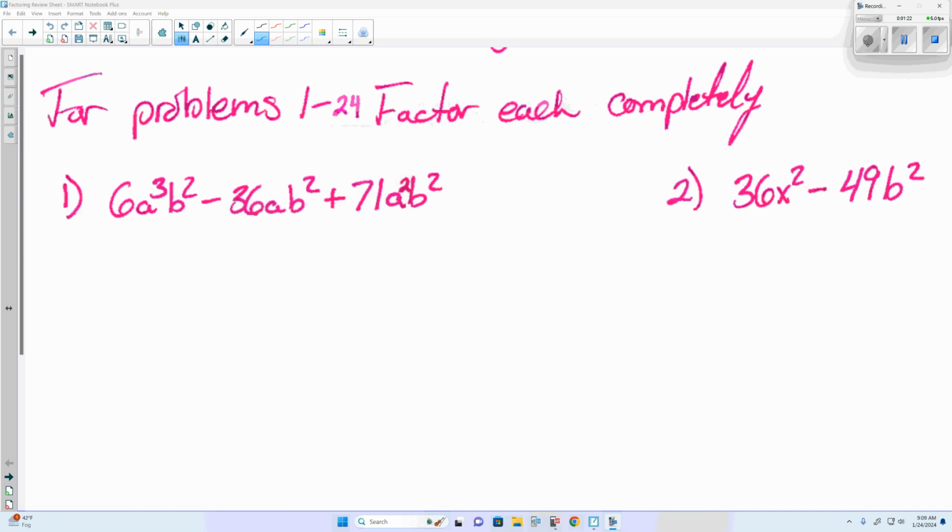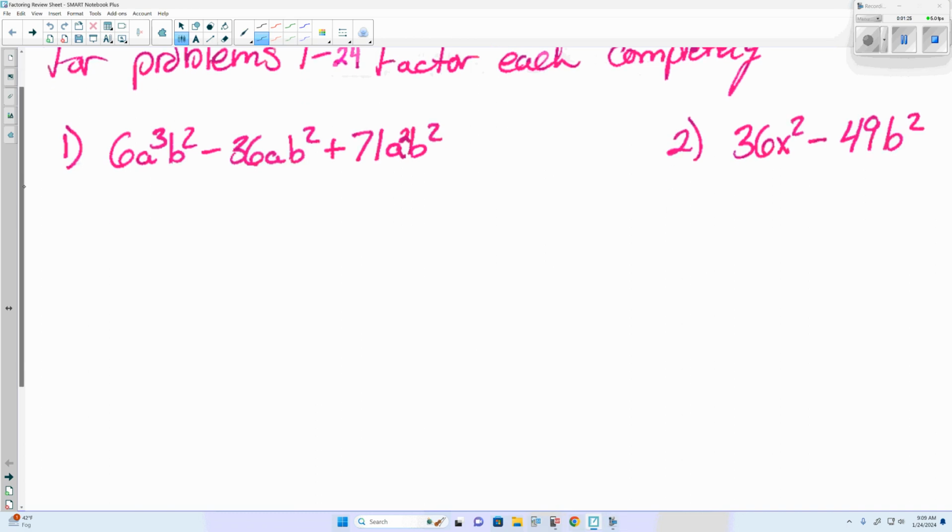Now, the first one I want to look at is number 1. 6a cubed b squared minus 36ab squared plus 71a squared b squared. And again, the first thing on any of the problems, especially on the test, is look for a greatest common factor first. ab squared. Because all 3 terms do have an a and a b squared. Well, b squared is in common with all 3, so that one's kind of easy to see. We do have a cubed, a, and a squared, so the most we can take out of all 3 is